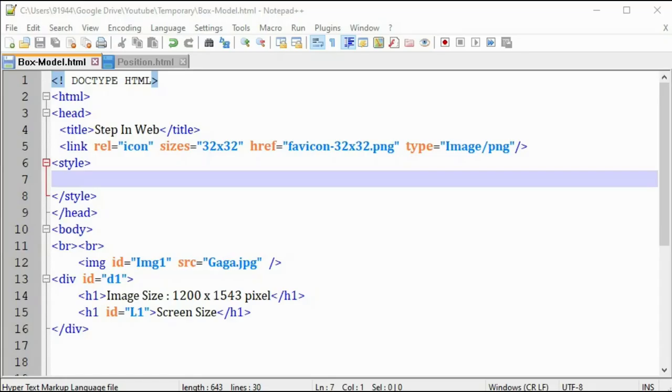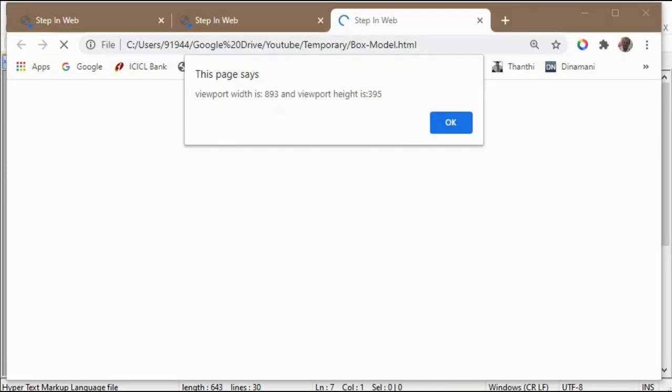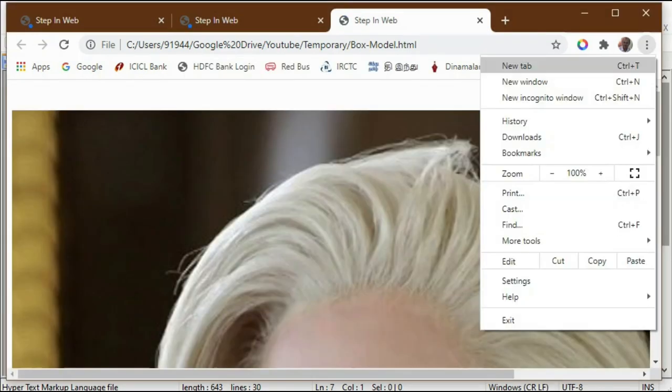Now we will check how our viewport works. Here I have inserted one image in the HTML page, and that image size is 1200 by 1543 pixels. Now we will run this code. For recording purposes, I have reduced my browser window, and the zoom level is 100%.